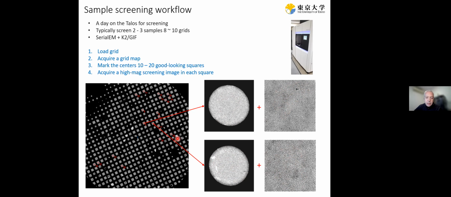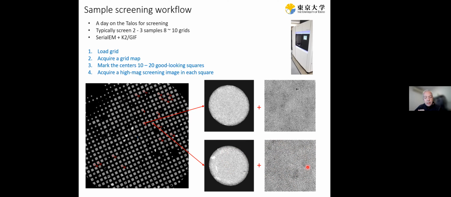Then, based on these screening images, for each square particle image, when we put the grid in the cryo-EM, we also have this grid map open on the notebook computer next to the microscope, and I start collecting in the squares that show the best particle distribution. So I select three or four squares based on this. I select many squares, but I start from the squares that have the best particle distribution. And typically, nowadays maybe 50 or more squares from one grid, but always starting with the best looking squares. Then we go to the high mag,